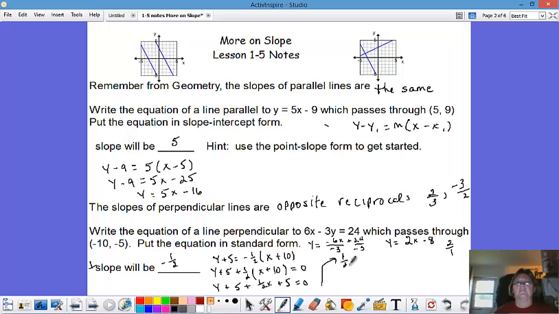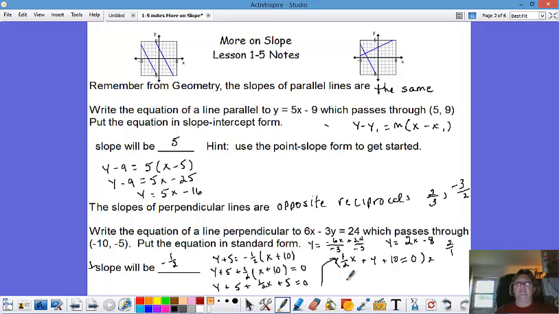1/2 x plus y, there's only the one y there. 5 and 5 is 10, plus 10 equals 0. Now to get it into general or standard form, we need to get rid of that fractional coefficient, and we can do that if we multiply this entire equation, every part of it, by 2, because multiplying by 2, 1/2